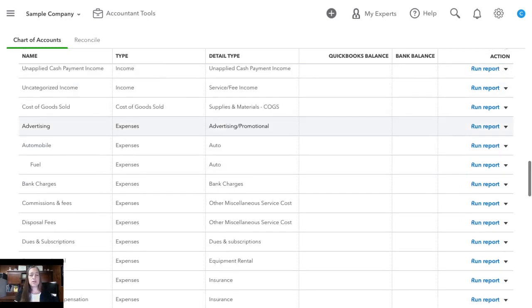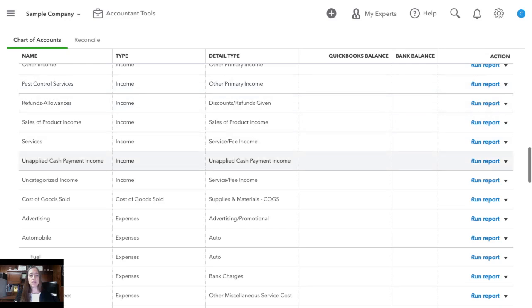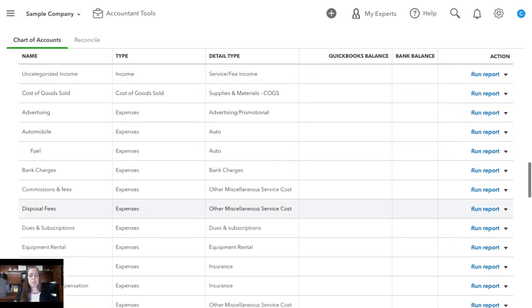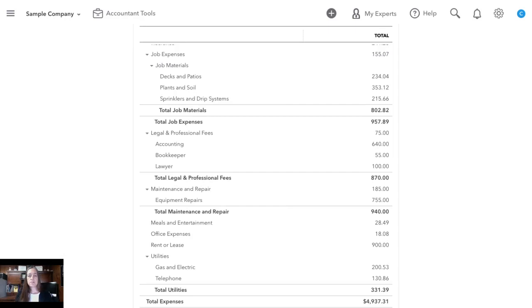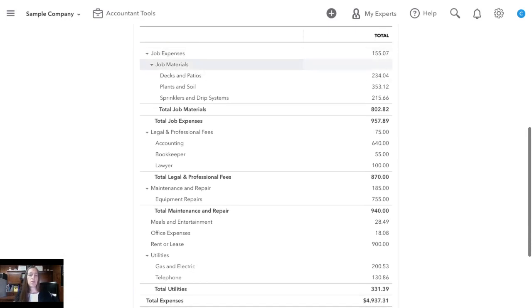So if you look on here, the chart of accounts has many things. You will categorize it as income and expenses, and we're going to scroll down to the job expenses that I just showed you. So we have job expenses, and all those subcategories. If you look at job expenses, they have cost of labor, and then a subcategory, installation. So everything in this line, cost of labor, is a subcategory of job expenses. Now we're going to flip back over to profit and loss,